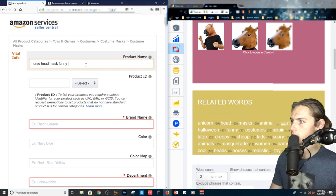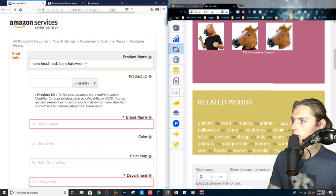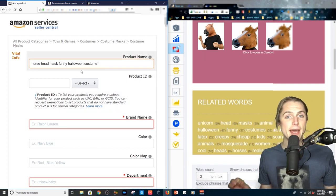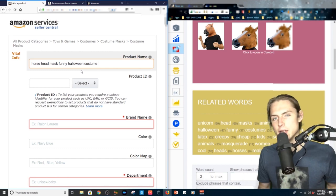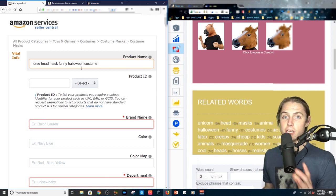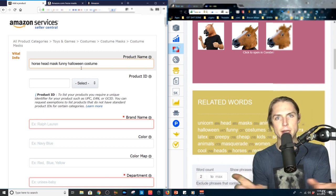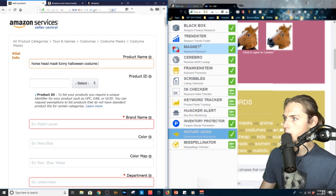Funny, latex, Halloween. Obviously, I can't spell Halloween. Halloween, funny. Yep, we already got funny. Funny costume. Funny Halloween costume. That's probably a phrase. So if you can get phrases it's great, but they're not as important in your title. Obviously, if it is in the very beginning, that's your main search keyword, you want to make it in the phrase, but it's not too important. Okay, so horse head mask, funny Halloween costume,